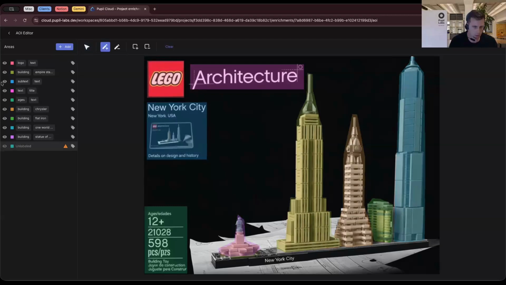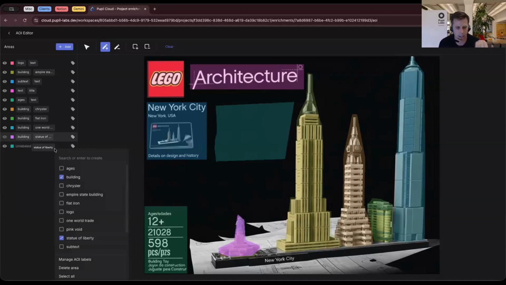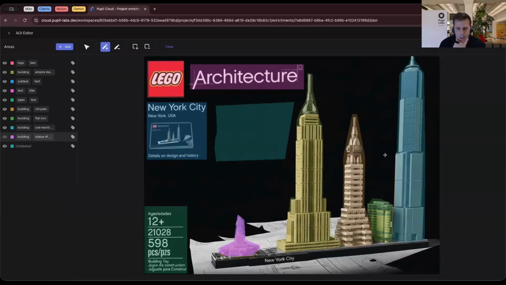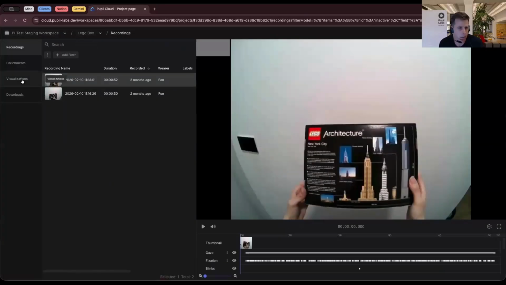So let's just do a little test one here and give you a general idea. So freehand, or you can do straight lines like that. Right. And once that's done, you can give it a name. So it's really intuitive and actually quite quick. And you only need to do this once for your product or whatever you're interested in. So we come out of there, and then we can